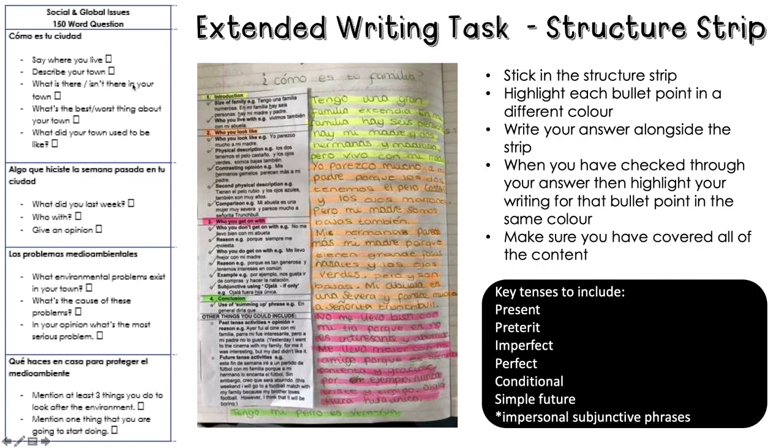And make sure that you have covered everything, and you have the present tense, past tense, imperfect, perfect, if you remember that one, conditional, and simple future. That's the one that you just add the E with the accent to the infinitive, yeah? Ignore this last thing here. This is more for the complex structures, the one that says cuando sea mayor, see? Or si pudiera, if I could. Okay, please make sure that this is at least 150 words and that you cover all of that. And I hope that you enjoy the lesson.